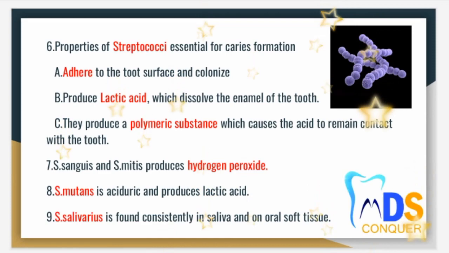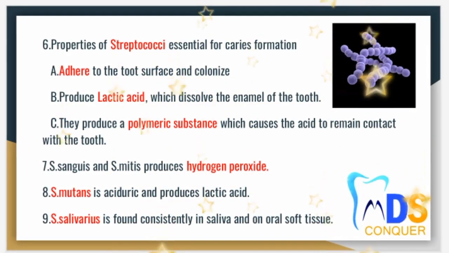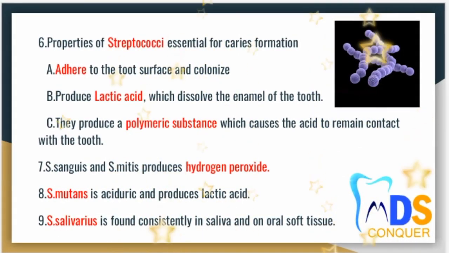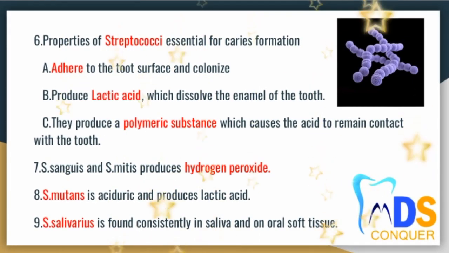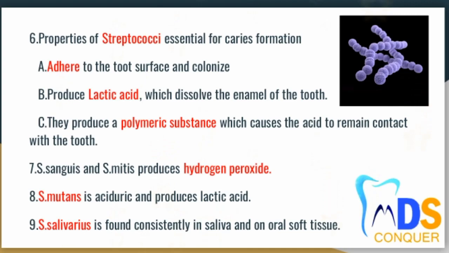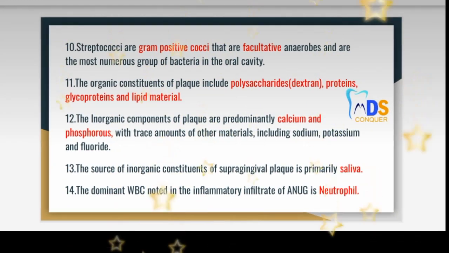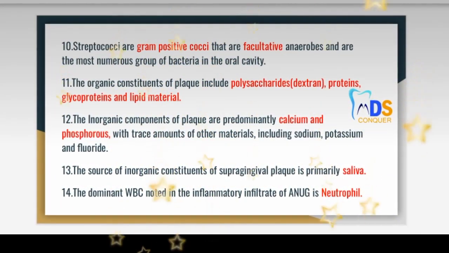Point number 7. Streptococcus sanguis and Streptococcus mitis produce hydrogen peroxide. Number 8. Streptococcus mutans is aciduric and produces lactic acid. Number 9. Streptococcus salivarius is found consistently in saliva and oral soft tissue. Number 10. Streptococci are gram-positive cocci that are facultative anaerobes and are the most numerous group of bacteria in the